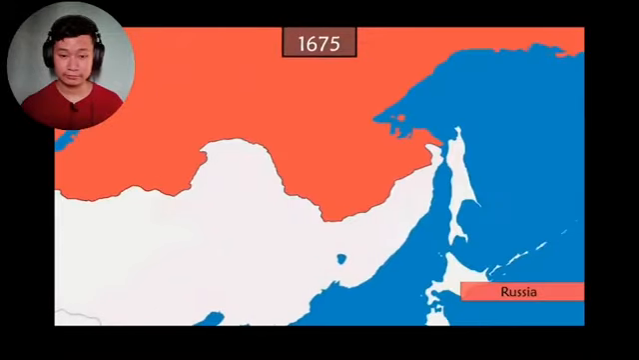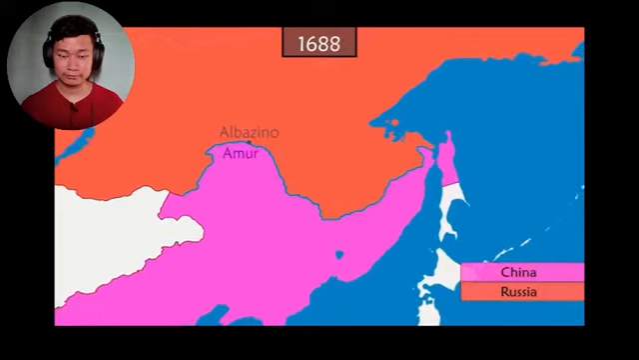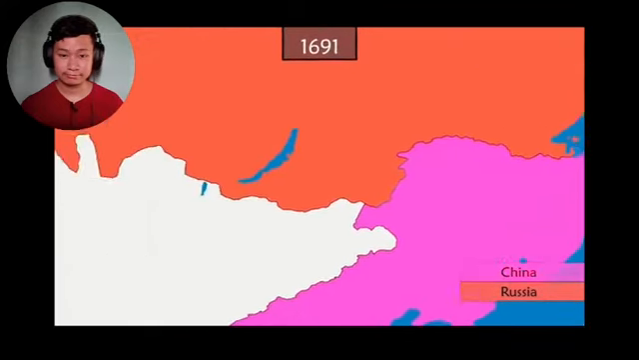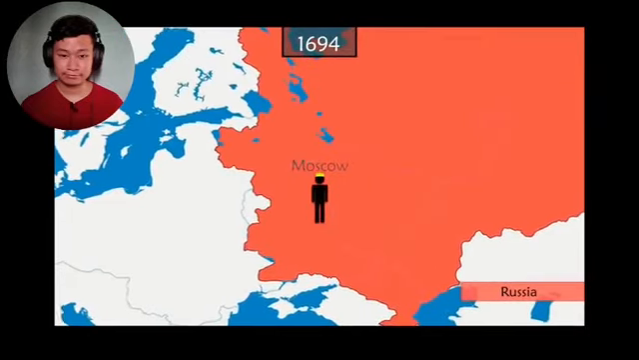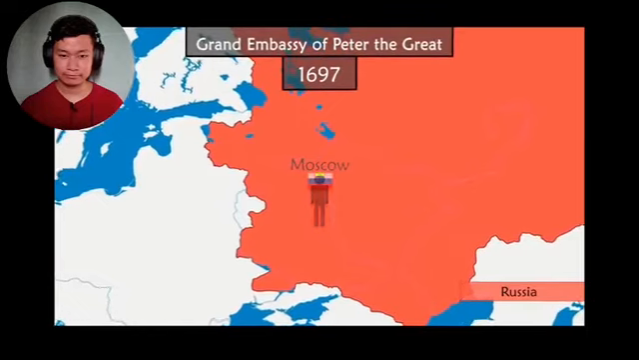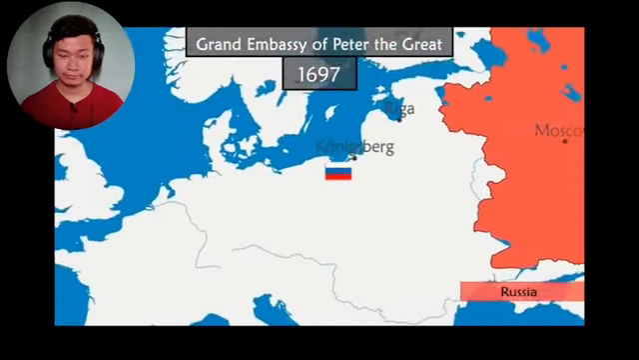In the Far East, tensions rise with China for control of the Amur River basin. To avoid a war, Russia abandons its ambitions in the region. But the new Tsar, Peter I, is much more interested in the West. He organizes an embassy of 200 people that he joins incognito in order to discover and learn more about the